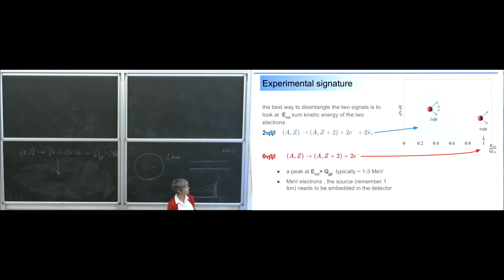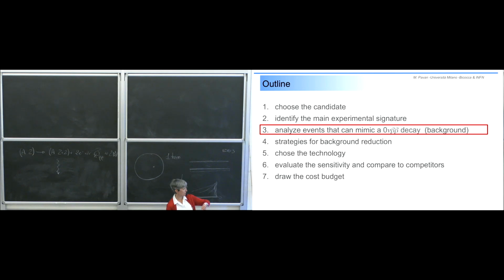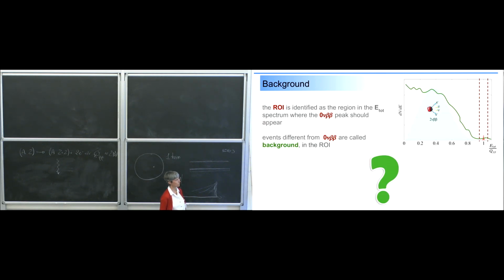Okay, so this is our spectrum. This is how we generally show the spectrum. And now we are ready for the next topic, or the next problem that we have to solve before being able to design our experiment, which is to understand which kind of events can mimic a double beta decay. So the problem is that once you have transformed this 1 ton source into what is called a detector,